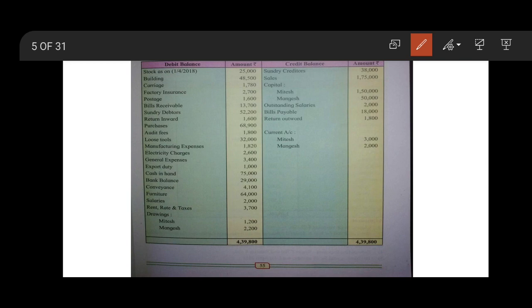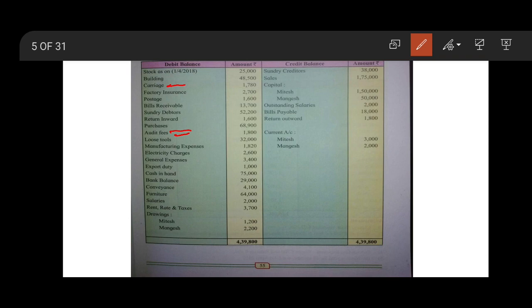Adjustment 1 is regarding the profit sharing ratio, that will not be marked. Then the second adjustment is regarding commission on gross profit. So whenever we get gross profit, we will calculate the commission and accordingly we will transfer it. The third adjustment is regarding closing stock, that is not marked. And go for the fourth one, outstanding expenses on audit fees and carriage. You can see in the question audit fees is here, so mark it out. Okay, and then carriage is the third item, so mark carriage.